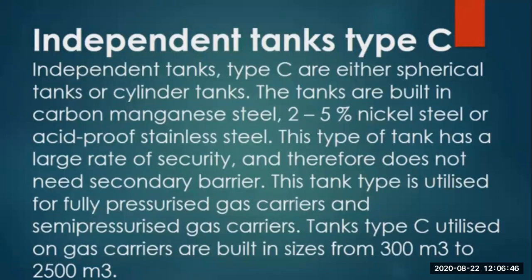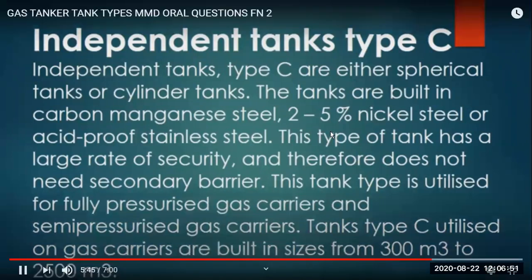Then you have independent tank type C. Independent tank type C are spherical tanks or cylindrical tanks. You can have two shapes, spherical or cylindrical, and they are built with carbon manganese steel. Why? Because as we discussed, type C is for which type of cargo? Pressurized cargo, like you have LPG in your home. In your home, the LPG is a mixture of propane and butane, and it is carried at high pressures. So they need a very thick material, and that is type C, the strongest material, in cylindrical